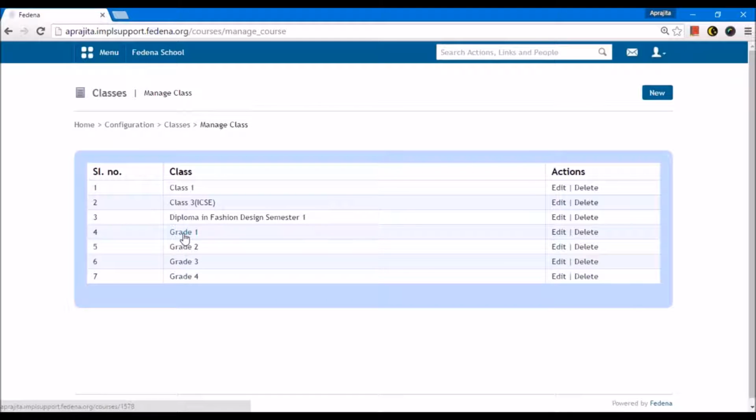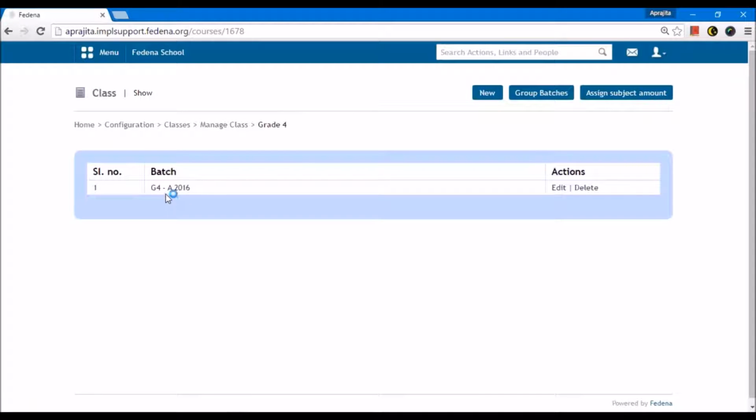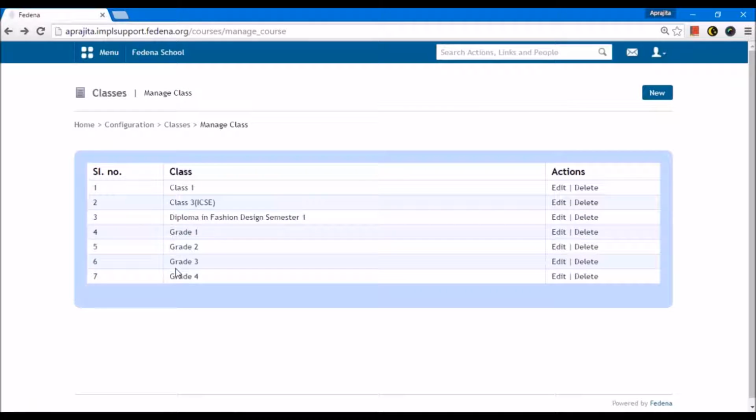Grade 1 might be following normal like grade 4, but grade 2 and 3 might be following some other grading system like GPA. This setting can be done, but inside the course, you will have the batches that will follow the same grading pattern as that of the course. So this is how you can select grading patterns and apply them to the courses.